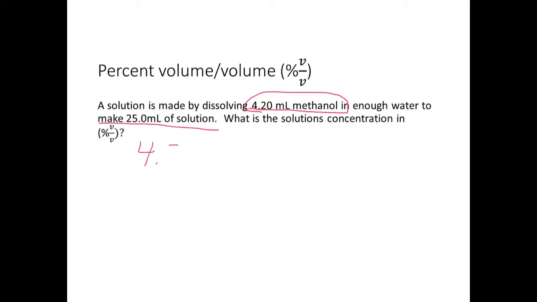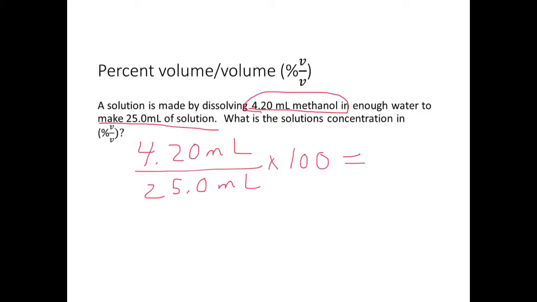So 4.20 milliliters of methanol divided by 25 milliliters of solution times 100, and that gives us 16.8%